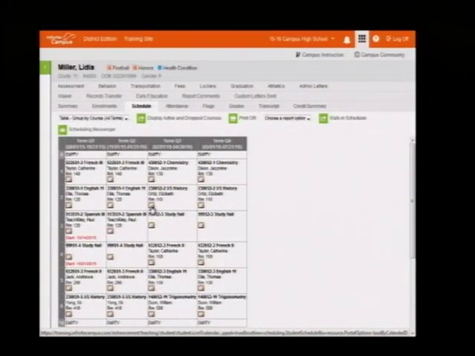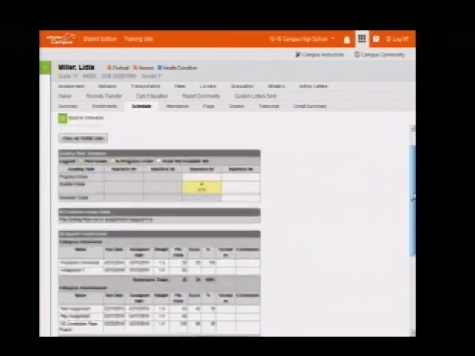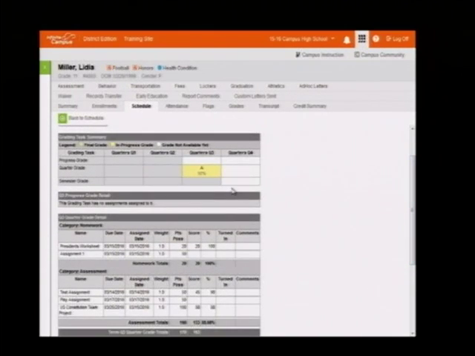Okay? If I click on the icon, this is going to give me a little detail about what's going on in U.S. history for Lydia. And we see we have an in-progress grade, and that's why it's yellow there. This means that as Lydia completes assignments and does her work and turns it into the teacher, the teacher grades it, right? Everything goes through the regular format. This is just an indicator or prediction of where Lydia's grade would be if it was reporting time for Q3. Okay?